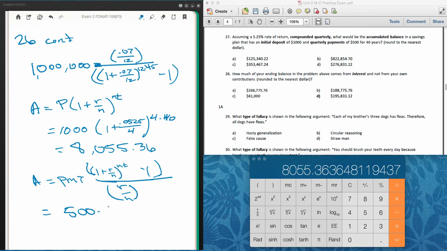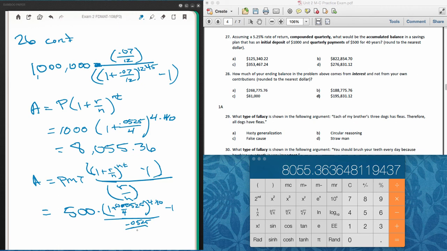So $500 times 1 plus R divided by 4. The rate in this case happens to be 5.25%, so 0.0525 divided by 4, raised to the value of 4 times 40 years, minus 1, all divided by R divided by N, which is